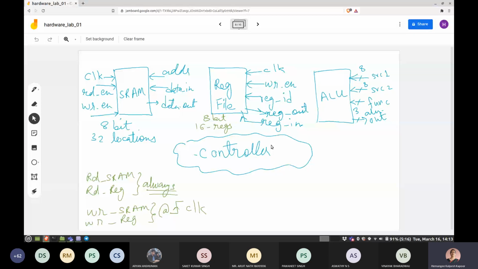Last week we did a small extension of the previous week's work. Towards the processor design, we did the SRAM module in the first week. The subsequent week we did an SRAM register file, then an SRAM register file with ALU. Last time we just did adding 2 registers using the ALU, adding the content. Today is another small extension of this.